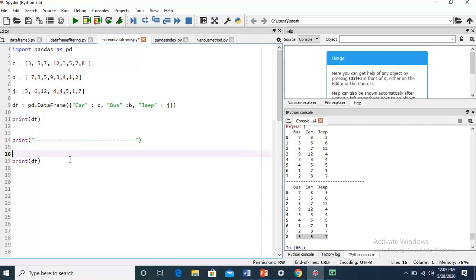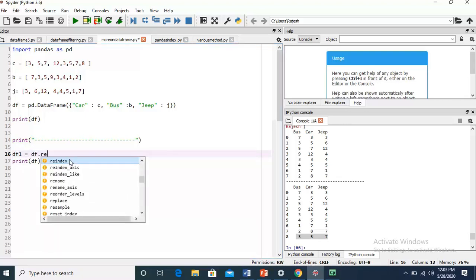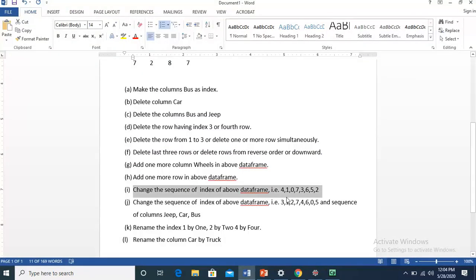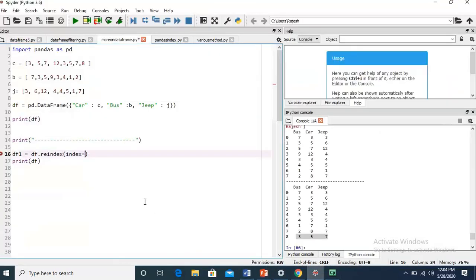First I will delete it, then df1 is equal to df.reindex, then parenthesis, then index is equal to, now it is giving some sequence. Here I will copy, Control C, and then square bracket, then this, and 1 2 3 4 5 6.